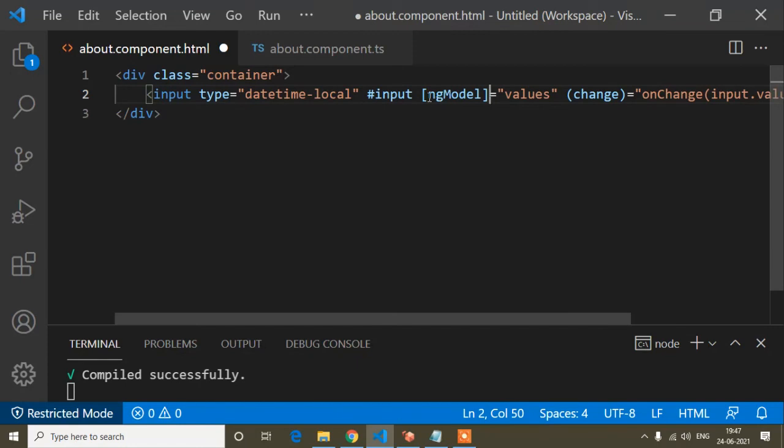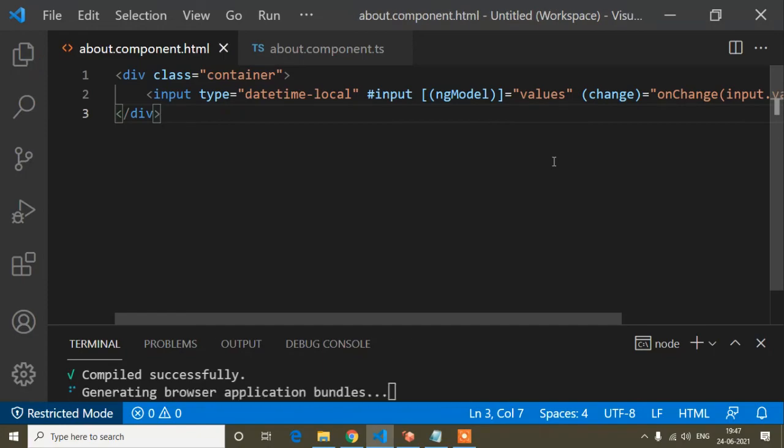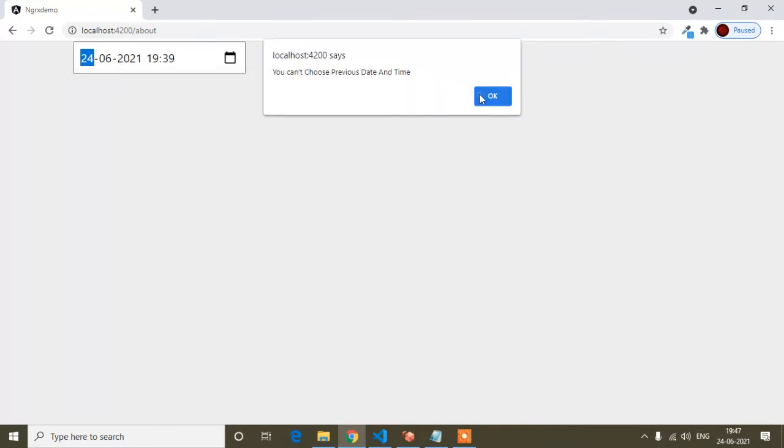First of all it will be square bracket, and inside this square bracket it will be parenthesis like this. Okay, it's already refreshed, and now if I choose a past date, you can see the value is reset from here, and the user can see the message also.